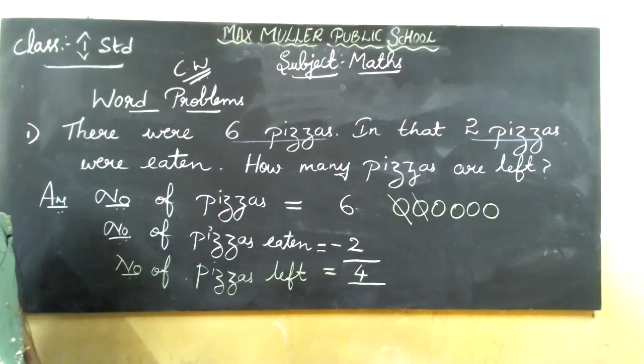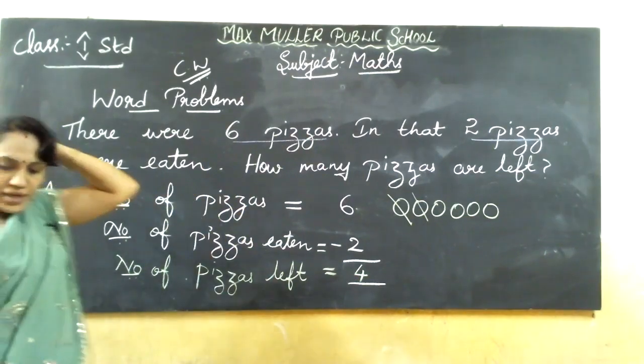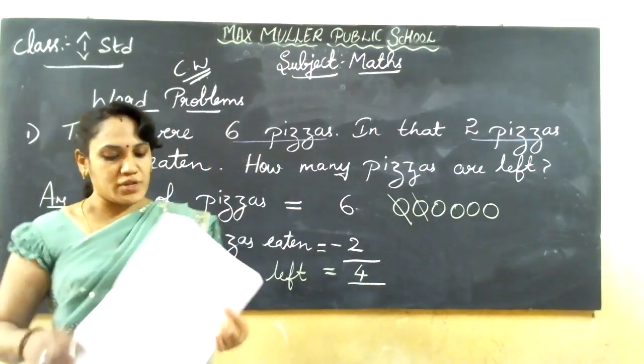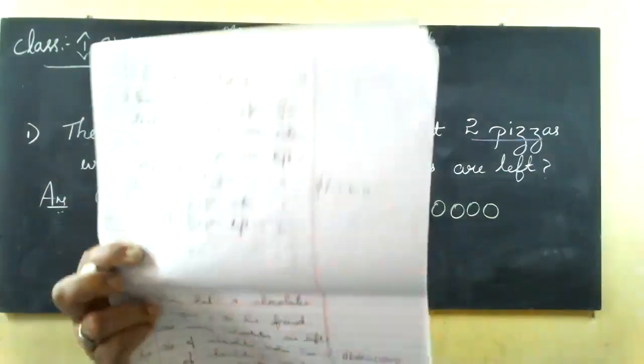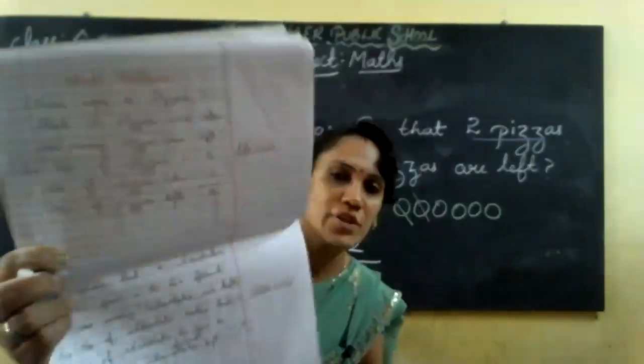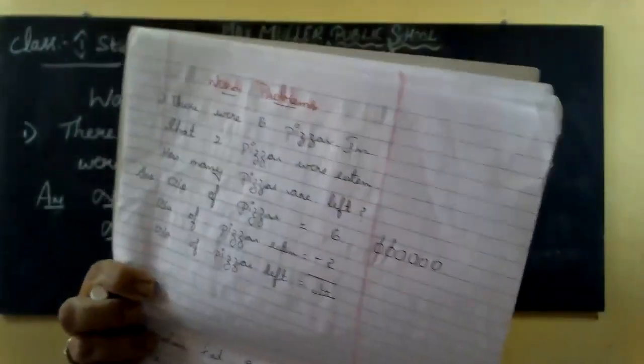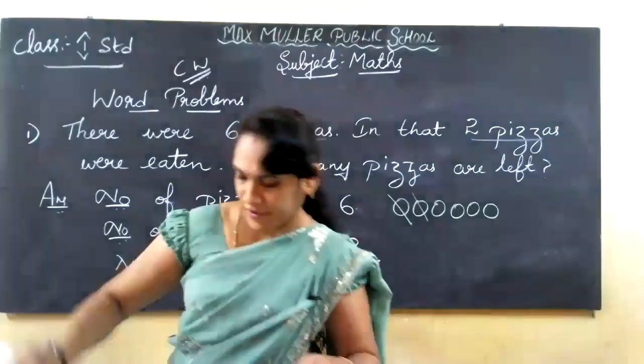Okay. Understand how to do this sum? Statement sum? Yes. One more time I'll read this. Then I'll go to the second sum. One page you write only one sum. We are sent through the PDF, isn't it? The PDF notes also I have written in one page only one sum. So you also write like that by leaving a line.